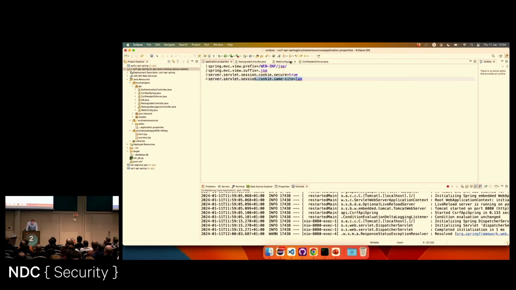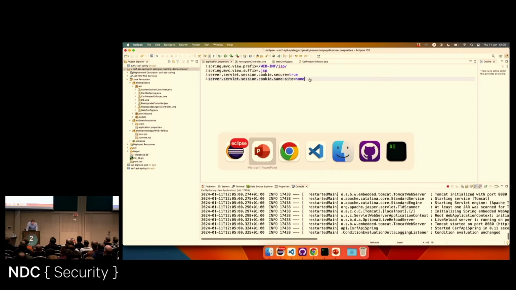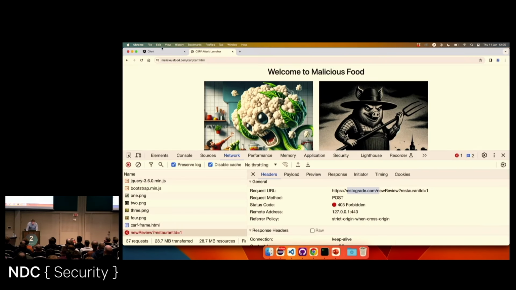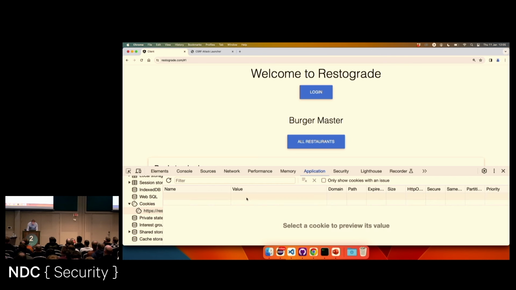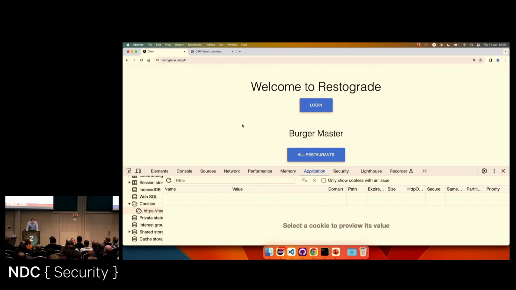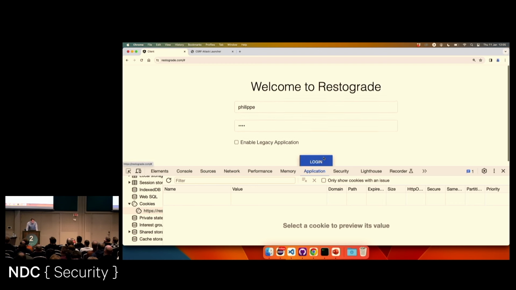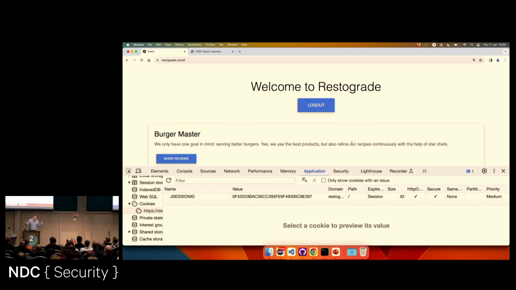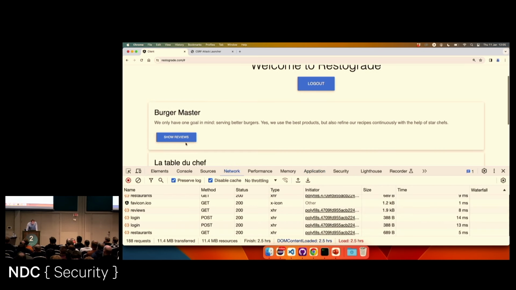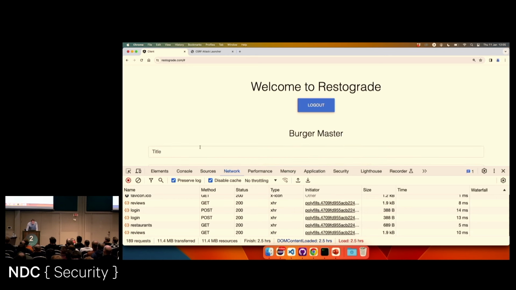Okay, so what we're going to do is, first of all, I'm going to reset my SameSite behavior. That's one thing. In the legitimate application, we're going to remove our cookies, and we're going to log in again. Now, if I don't tick this box, I actually get an API-based application because it's the same app. It just has two endpoints, a form-based submission, and the rest are API-based requests. So if you do this, we can look at the reviews. We can add a review,